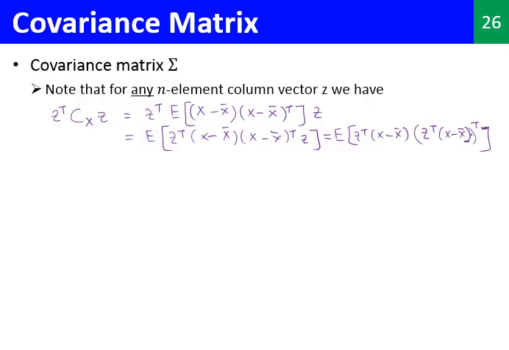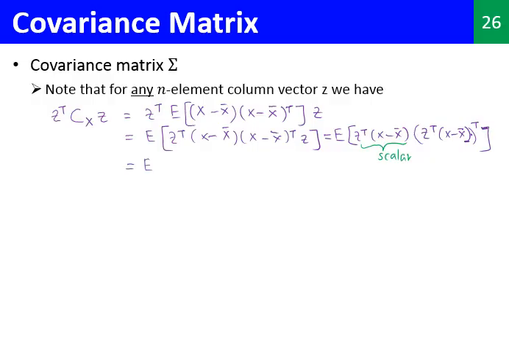Okay, so it's the same term that we have here, transpose. Now you will see that this is actually a scalar, because what we have here is a row vector times a column vector. So this is going to be a scalar, and therefore this is a scalar as well. So that would give us